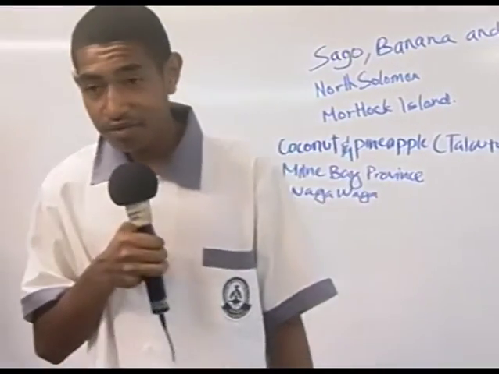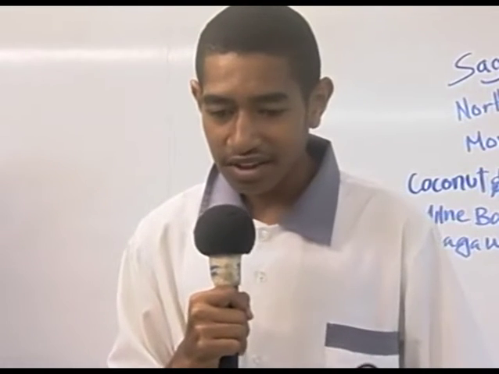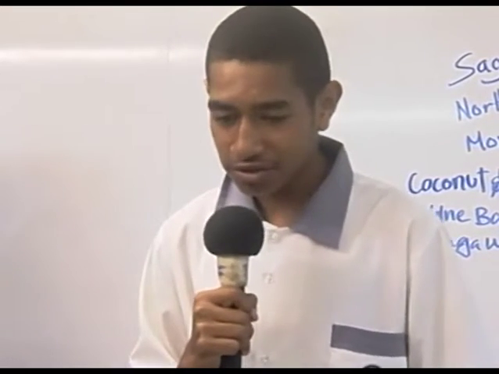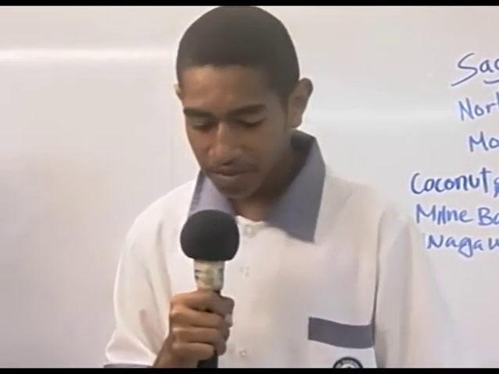Okay, the name of my food dish is talautua. It's usually made in Milne Bay during the dry seasons or the wet seasons. It's a very simple recipe. We just use coconut and pineapple, that's all. We get the young coconut from inside, scrape it out, put it in a dish with the coconut juice, and get a ripe pineapple, chop it in small pieces,